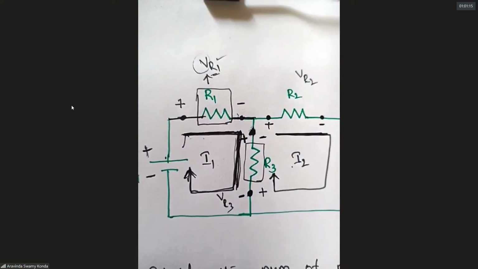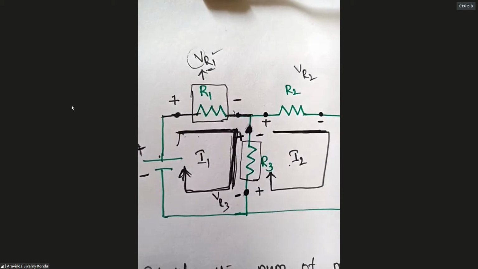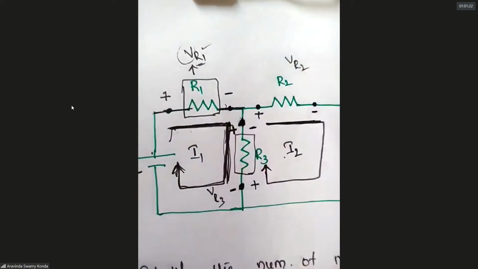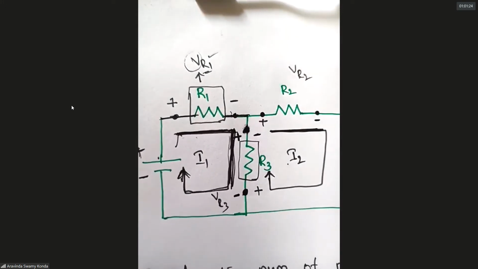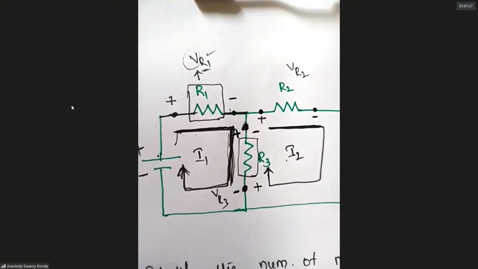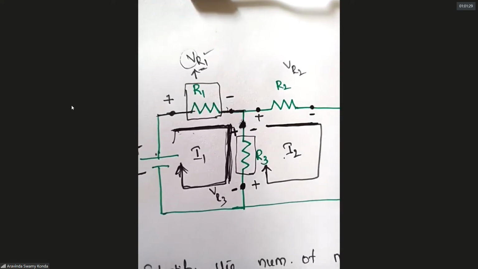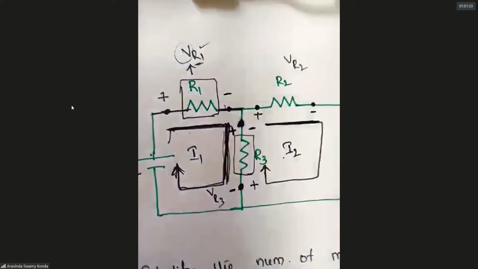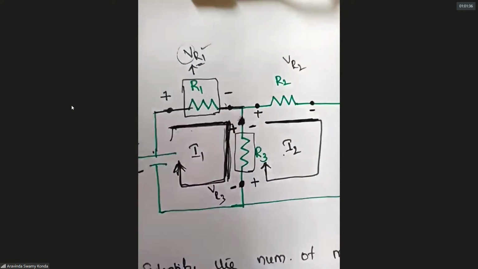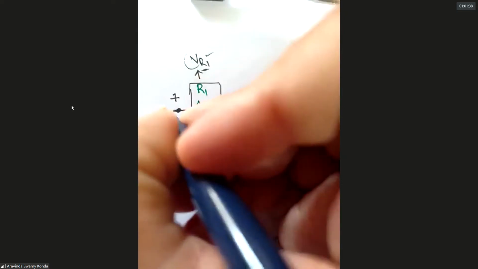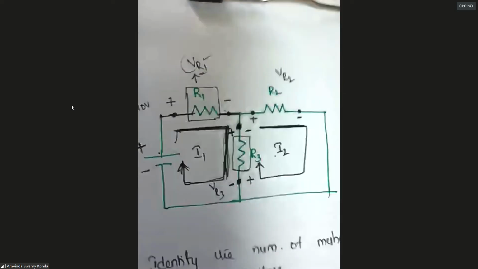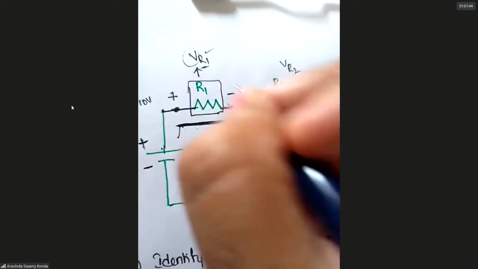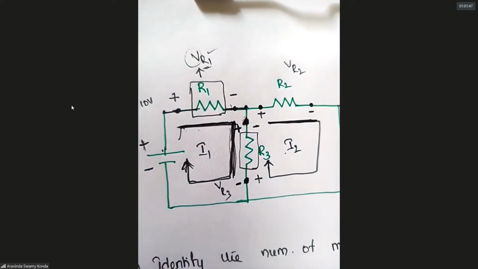Am I right or wrong? Yes, sir. So plus to minus. If you are going from plus to minus, you start with plus but go to minus, which indicates a fall in potential. Suppose take an example. You give 10 volts here at the start, but after passing the resistor, will the same 10 volts come at the outside terminal?